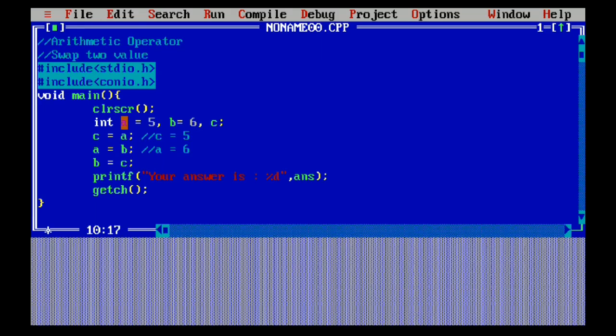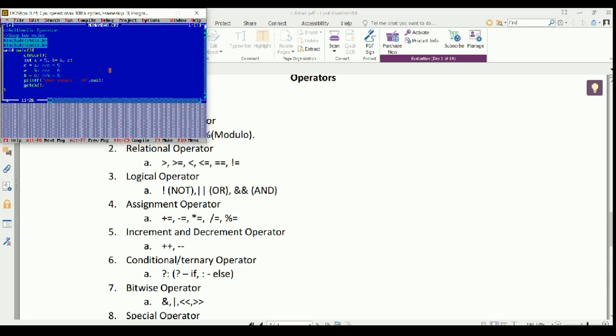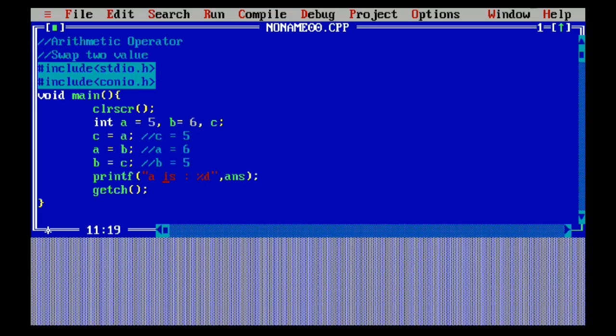So b would have 5. We are going to print the a and b values, so we can check what is there in a and b. So now let's print a is percentage d and our variable a, b is percentage d and our variable b.